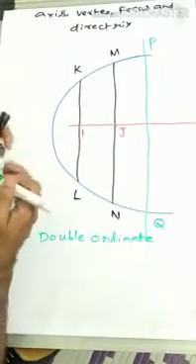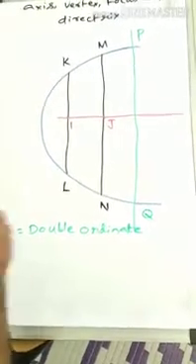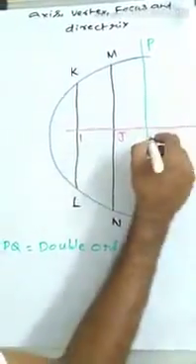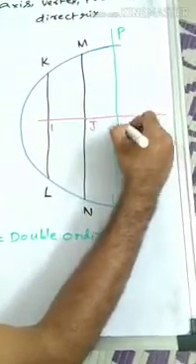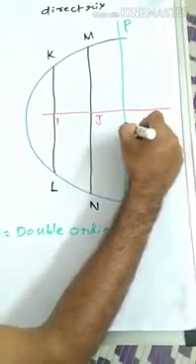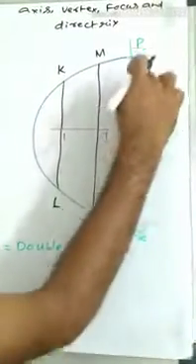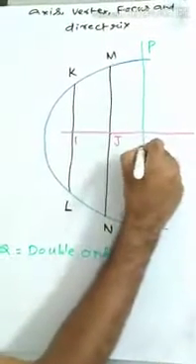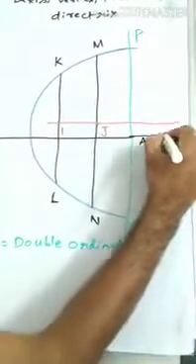Now for PQ, you have to locate its midpoint. This is going to be the length, so the midpoint exists here. A little bit I am assuming. Right, this is the midpoint for PQ. I am naming it as point A. Passing through A, I am drawing a perpendicular to PQ. This represents the axis.